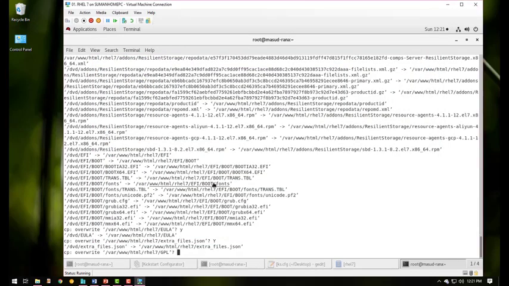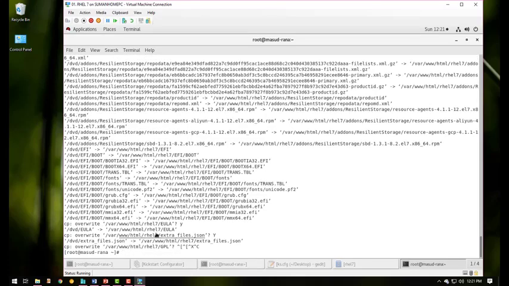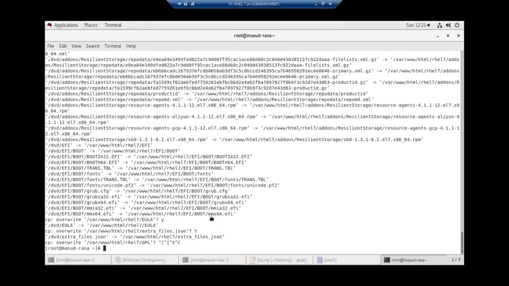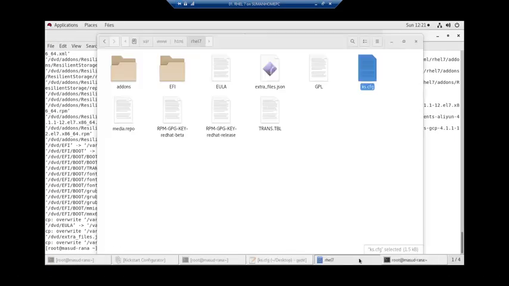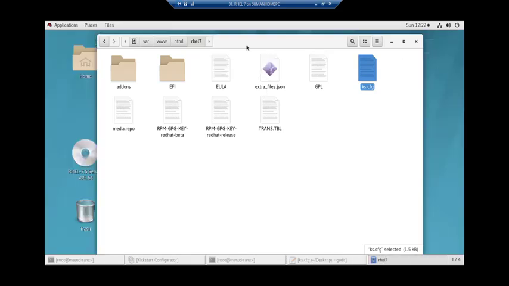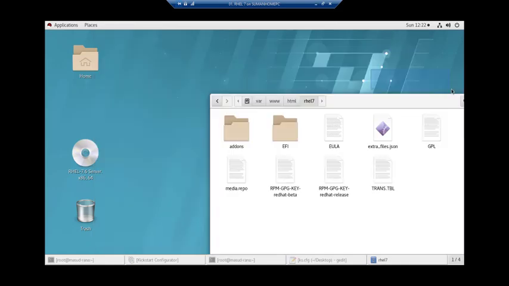Let me close this process. Let me go to this directory again. In RHEL7 I am seeing that my ks.cfg is present. So I will give this command again. Let me back up this ks.cfg.